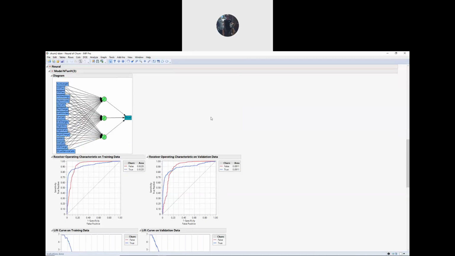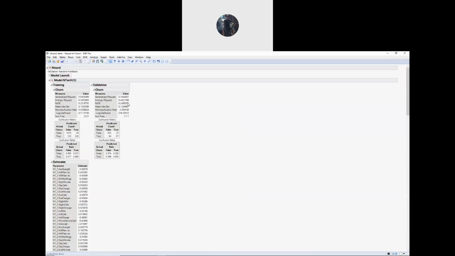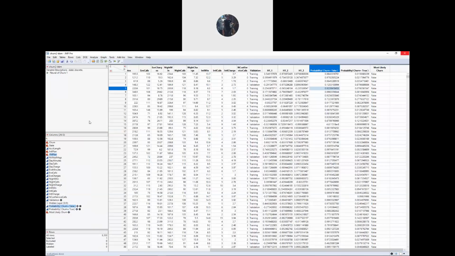We lose this. Let's save this. So remember this. We do for the model. No, like this. Yeah. Okay. So up at the neural part, click on the red triangle and save script to data table. Remember this? And you're gonna do a number of them, so you can call this whatever you want. Neural of churn 1. Okay, and hit OK. And that's gonna save it to the data table. So when you close this, you should see it here. And then if it saved it correctly,